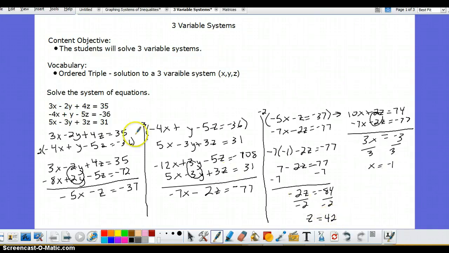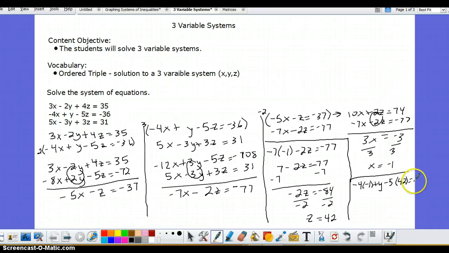So now we're going to take that negative 1 and that positive 42 and go back into one of our true originals. I'm going to pick the middle one. So negative 4 times negative 1 plus y minus 5 times 42 equals negative 36. That's 4 plus y minus 210 equals negative 36. So 4 minus 210, that's y minus 206 equals negative 36. Add 206 to both sides, and we get that y in this case is going to be equal to 170, it looks like. So my ordered triple for this is negative 1,